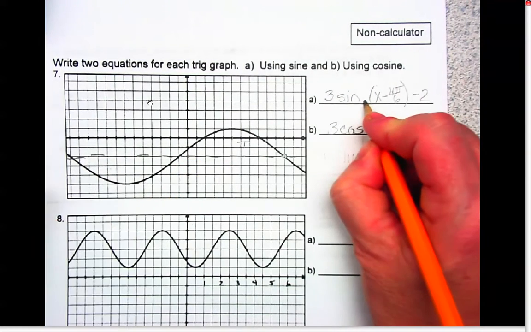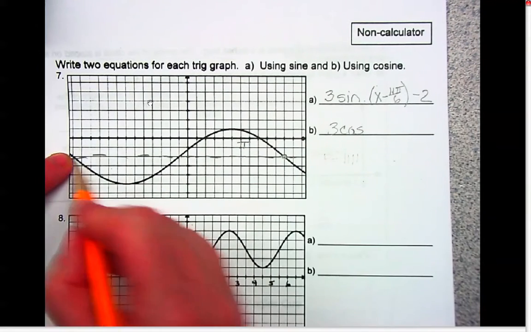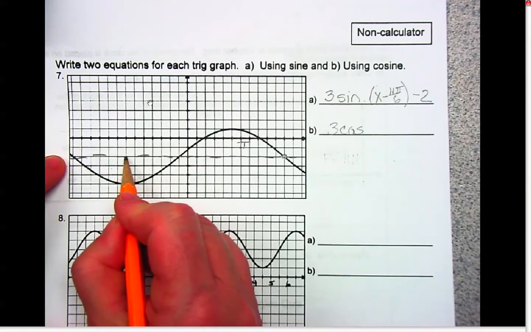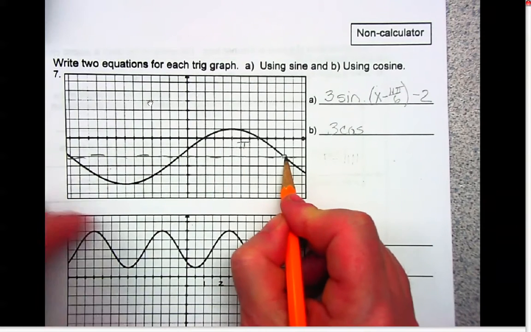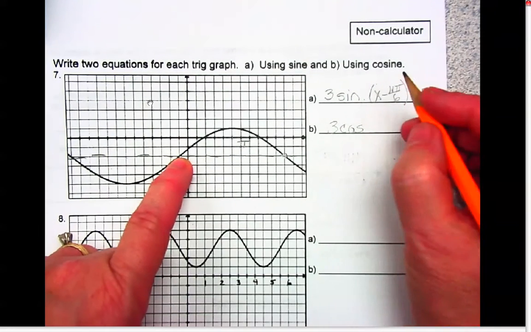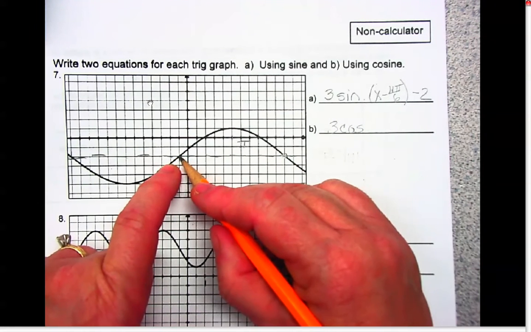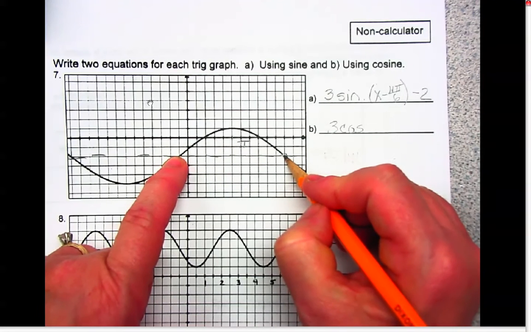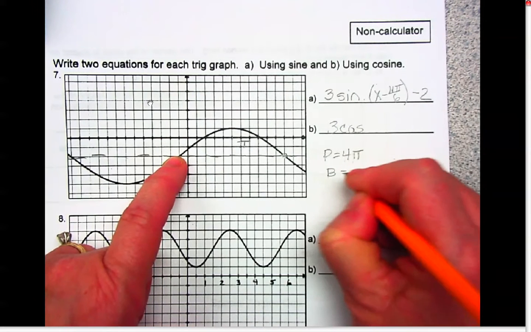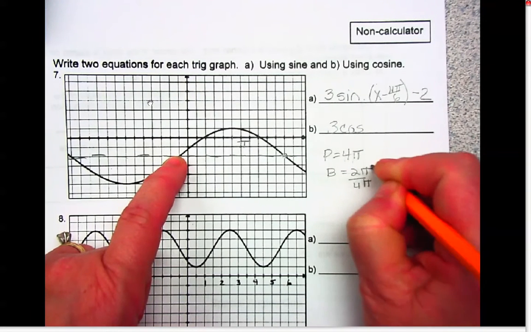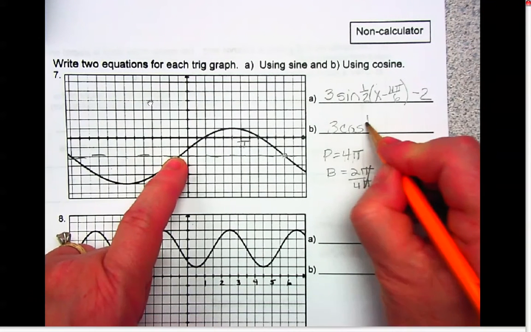I just need to find the b. So I need to look at the period. Here's a full cycle right here. And that's 1, 2, 3, 4, 5, 6, 7, 8, 9, 10, 11, 12. Then I can multiply it by 2. And so it's really 4 pi. From this is 2 pi for 12. So 2 of them would be 4 pi. So the period equals 4 pi. So b equals 2 pi divided by 4 pi, which equals 1/2. That's a 1/2. So we're going to have 3 cosine 1/2